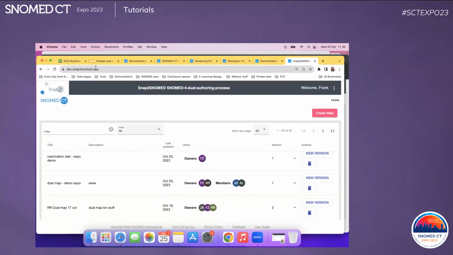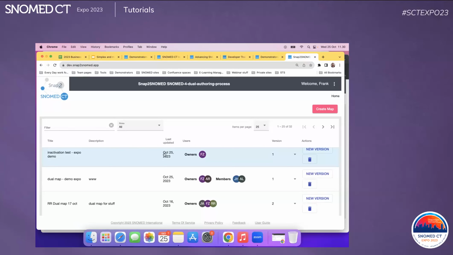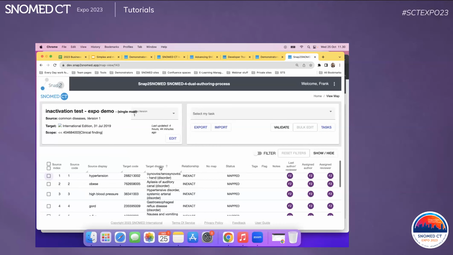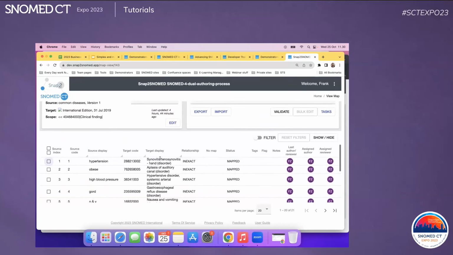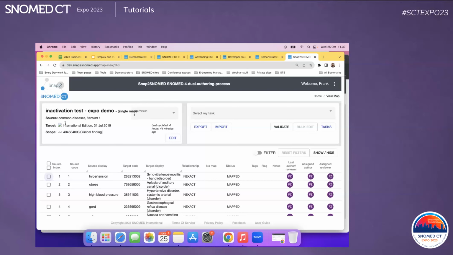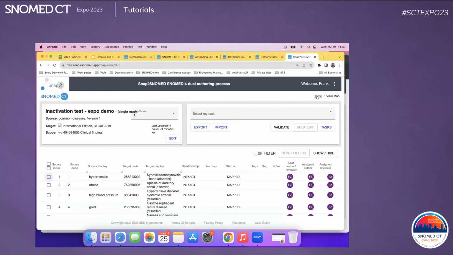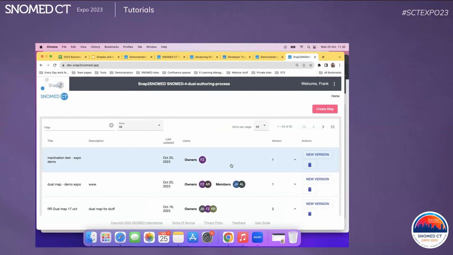Yeah, so we have the inactivation demo here, and I'm just Frank. So we have a map here, and you can see that it uses the international edition from 2019. And these source codes have been mapped to SNOMED, and we have exported it. We've probably implemented it and used it for many years. But now it's time to upgrade to a new version of SNOMED. So I click on the new version,